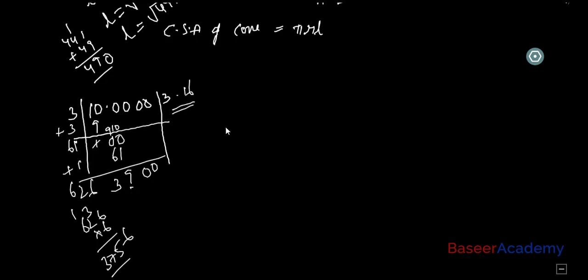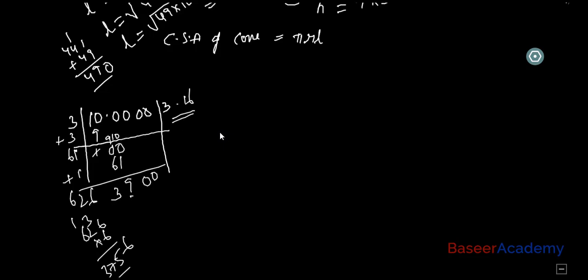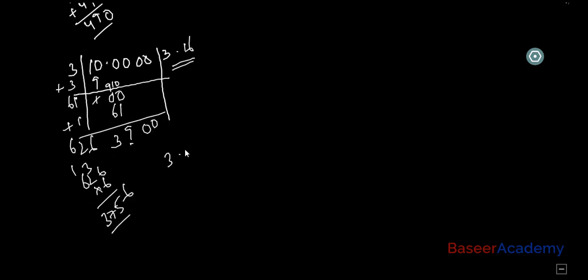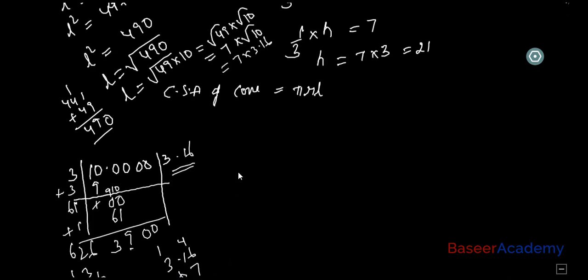Okay, so I'm just taking the value of root 10 as 3.16 roughly. So it has to be 3.16. 3.16 into 7 will give you the slant height. 7 into 6 is 42. 7 1 is 7. 7 plus 4 is 11. 7 3 is 21. 21 plus 1, 22. So the value of L is